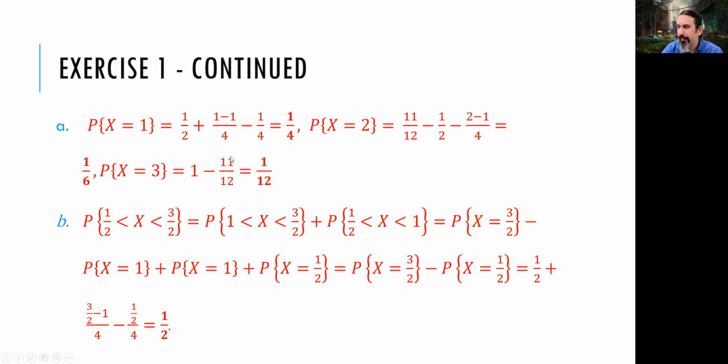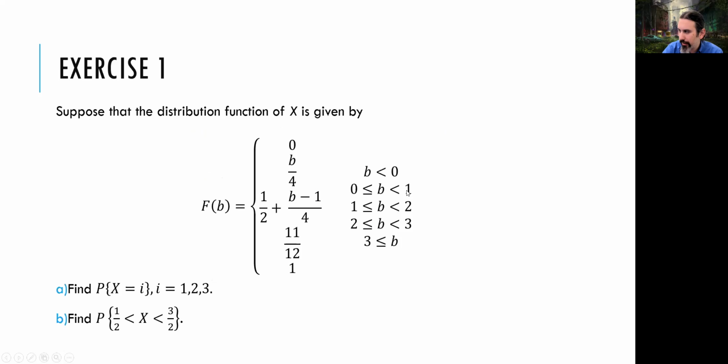They are taking differences. We are taking differences to find this one. Again, for 1, we are taking the difference of this one and this one where b is equal to 1. For 2, we are taking the difference of this one and this one where b is equal to 2. And for 3, we are taking the difference of these two. There is no b in there, so it doesn't really matter which b we are talking about, but we know that it's 3.